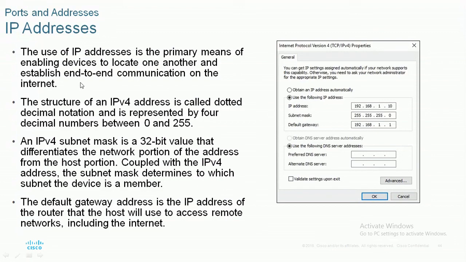It is in dotted decimal format. It is a 32-bit address, with numbers ranging from 0 to 255 in each octet, because an 8-bit value gives 2 power 8, which is 256, so we use 0 to 255. So basically IPv4 is a 32-bit value: 8-bit, 8-bit, 8-bit, 8-bit. There are 4 octets, and 4 into 8 is a 32-bit value.